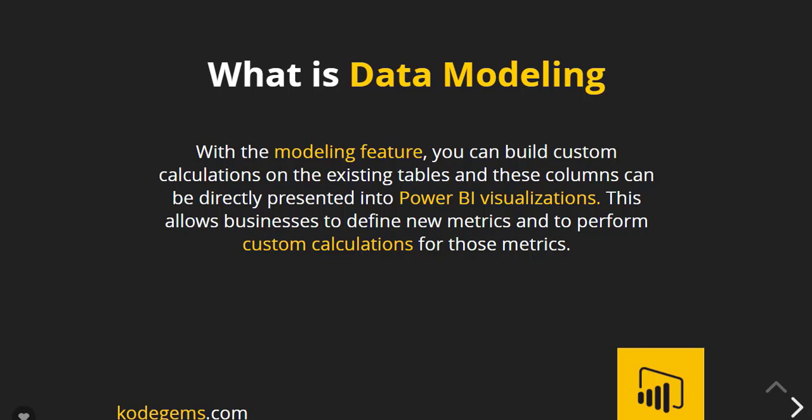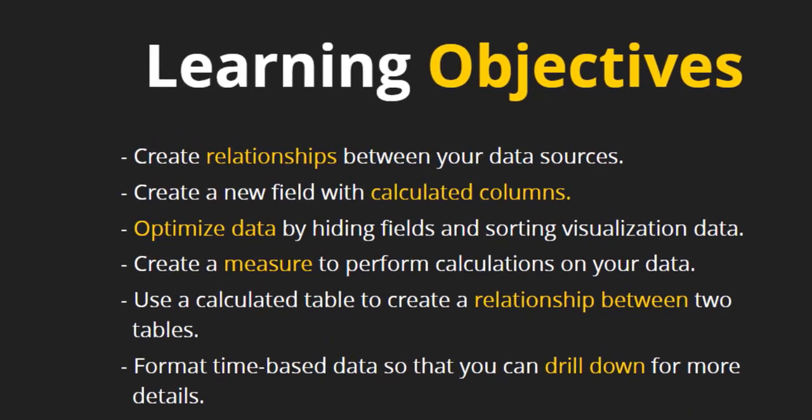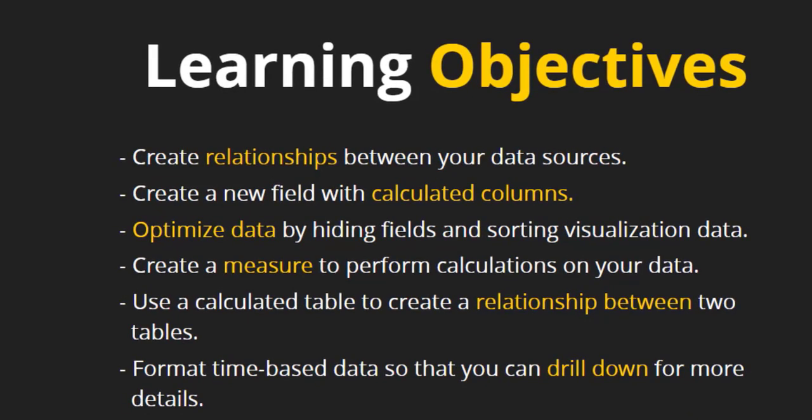This allows businesses to define new metrics and perform custom calculations for those metrics. Let's see some objectives. We will create relationships between your data sources. We'll create new fields with the calculated columns. We'll optimize the data by hiding fields and sorting visualizations data. We'll create a measure to perform calculations on your data. Use a calculated table to create a relationship between two tables and format time-based data so that you can drill